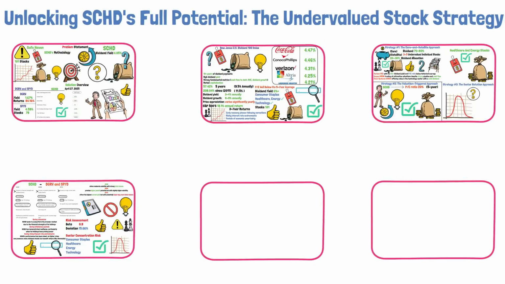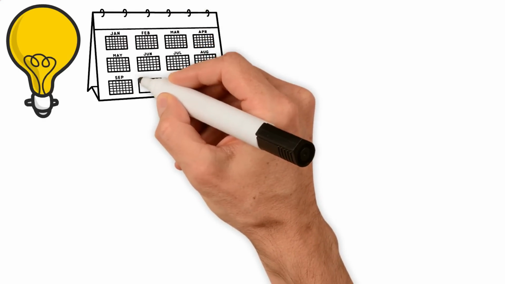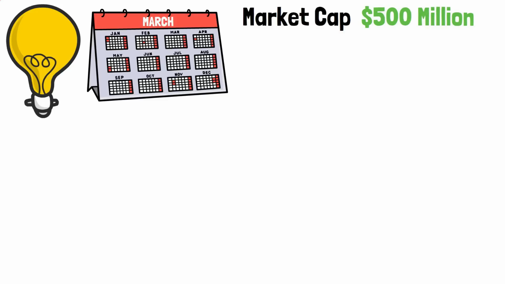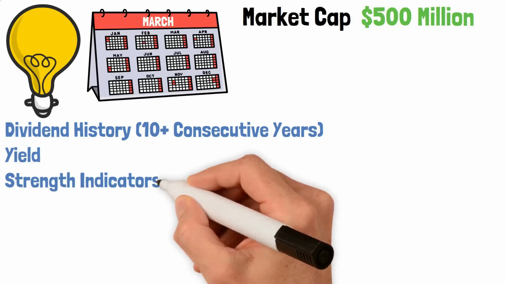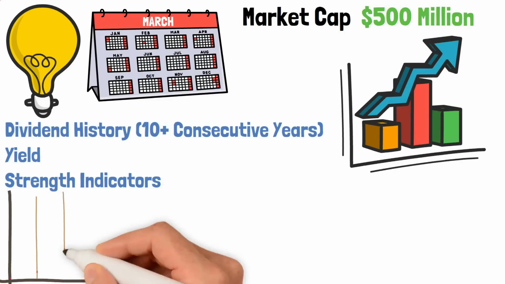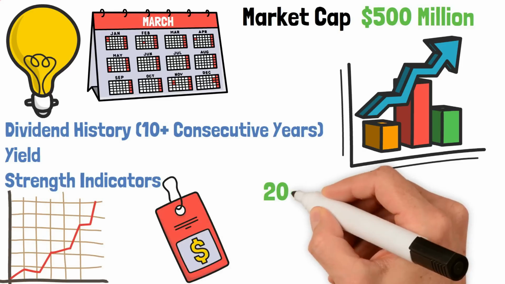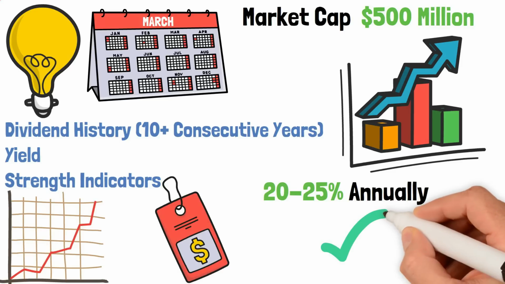Technical details: SCHD's methodology. To find opportunities within SCHD, we must understand its rebalancing and reconstitution process. SCHD rebalances quarterly and reconstitutes annually in March, screening stocks based on market cap, minimum $500 million, dividend history, 10+ consecutive years, yield, and fundamental strength indicators. This annual reconstitution creates opportunities, as stocks added to the index often see positive price movements, while those removed sometimes become undervalued. SCHD's low turnover rate, 20 to 25% annually, makes it tax efficient and means stocks typically remain unless